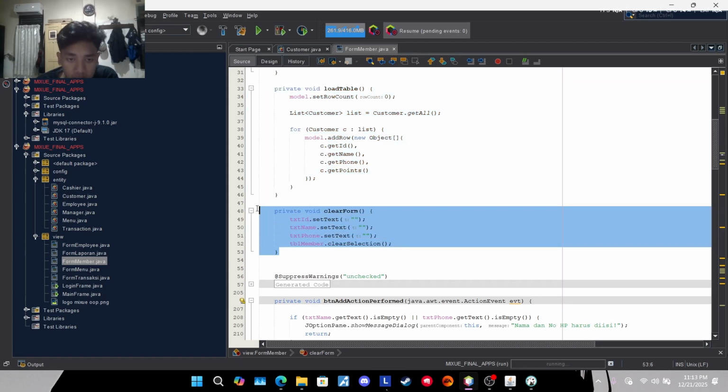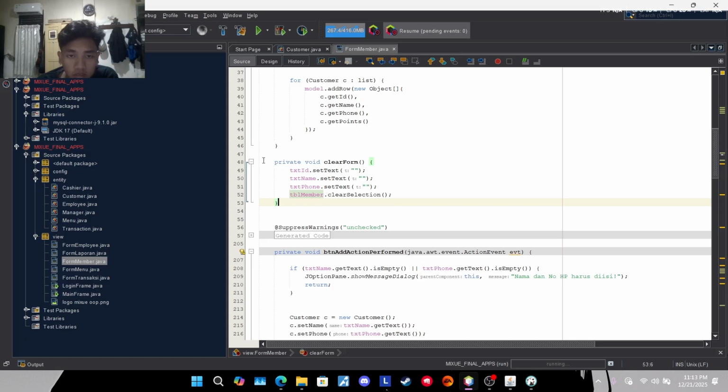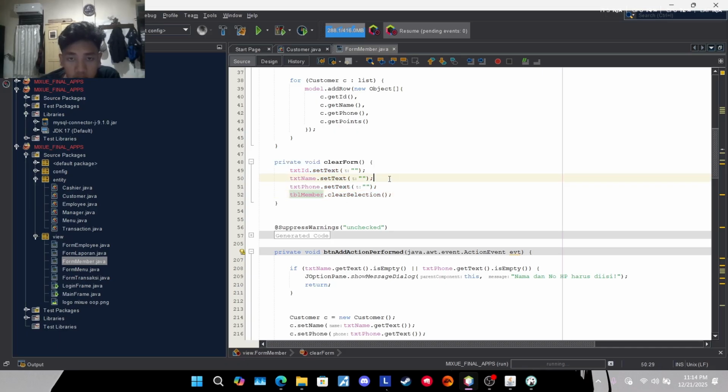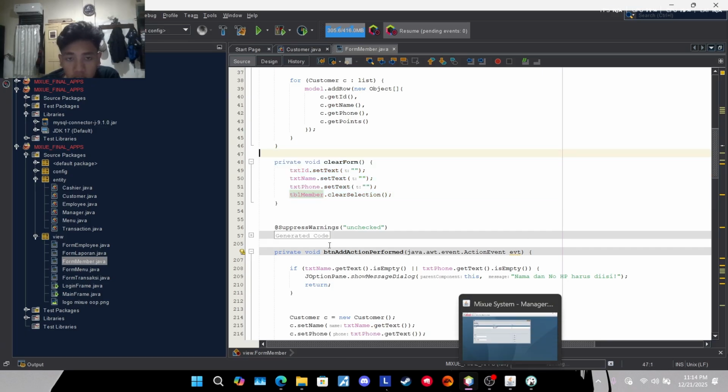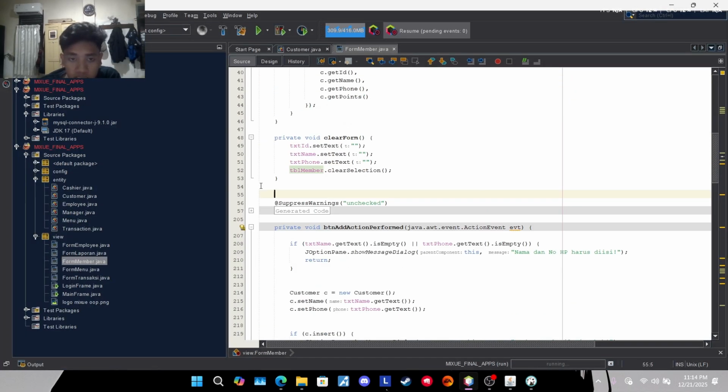And this is a method of clear form. So the method of clear form is used when we want to clear the table, or maybe if we are deleting, there will be clearing one row in the table, maybe just like that.